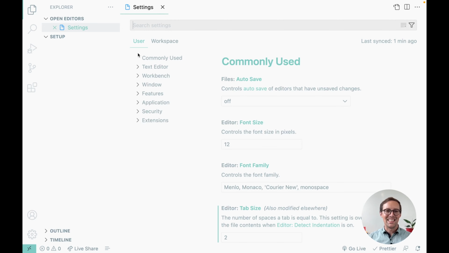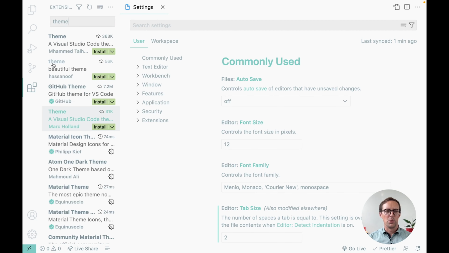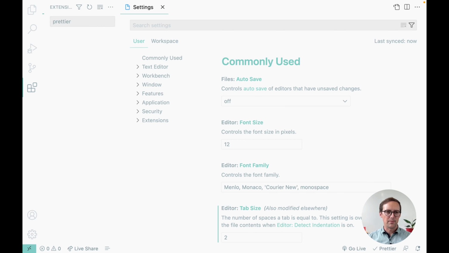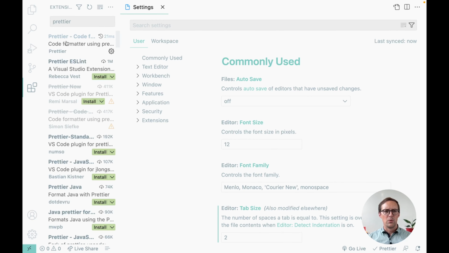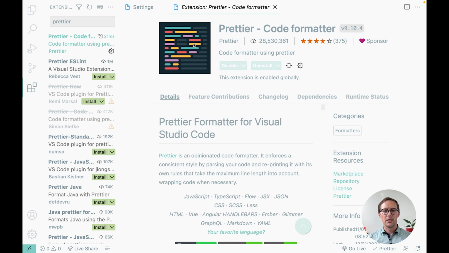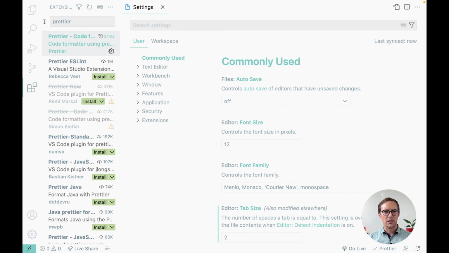The next one's not so much a setting as it is an extension. In VS Code, you can add on stuff to make it more personalized or add additional features. We're going to add one called Prettier. This one called Prettier code formatter. It should have the same icon here. This one is for formatting your code to make it prettier. Click on install and give it a moment to install. Once that's done, we can come back to our settings